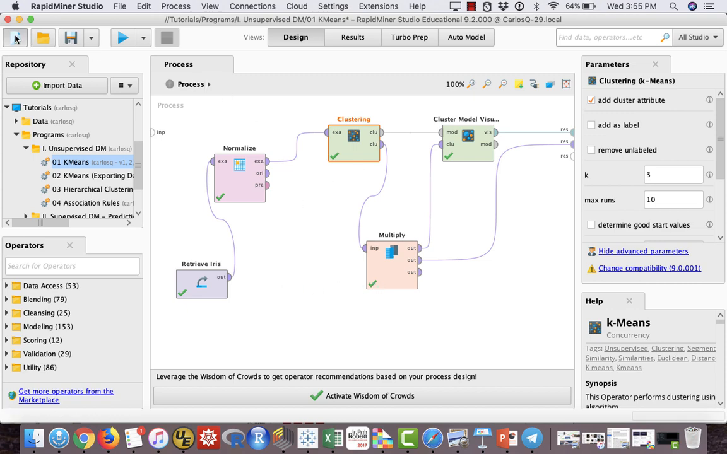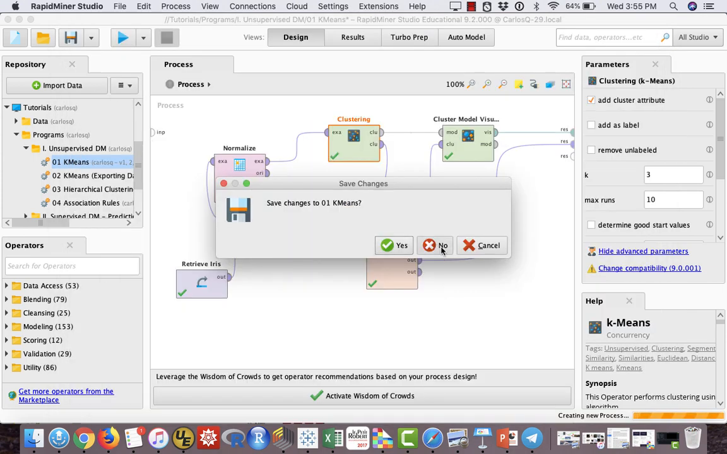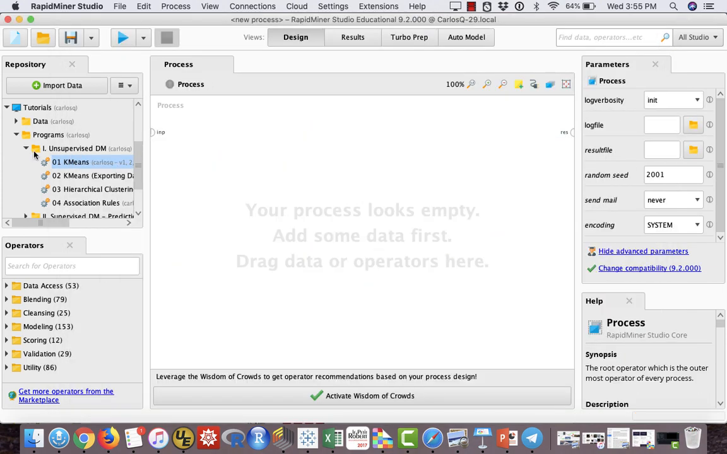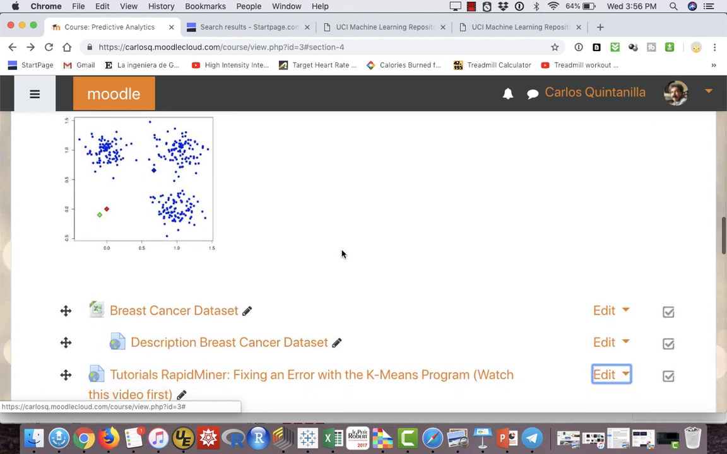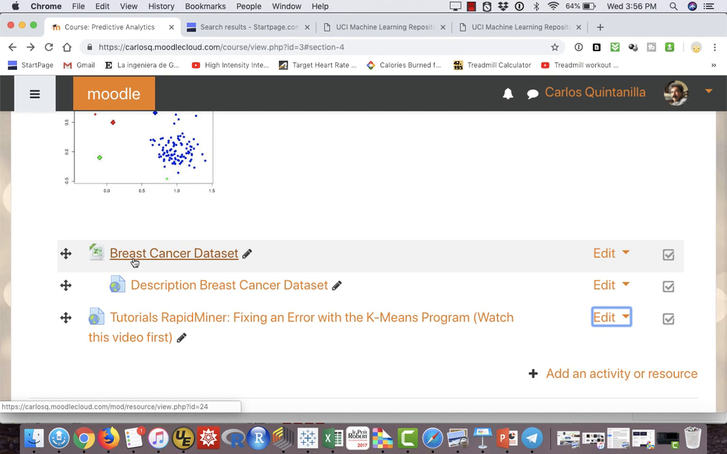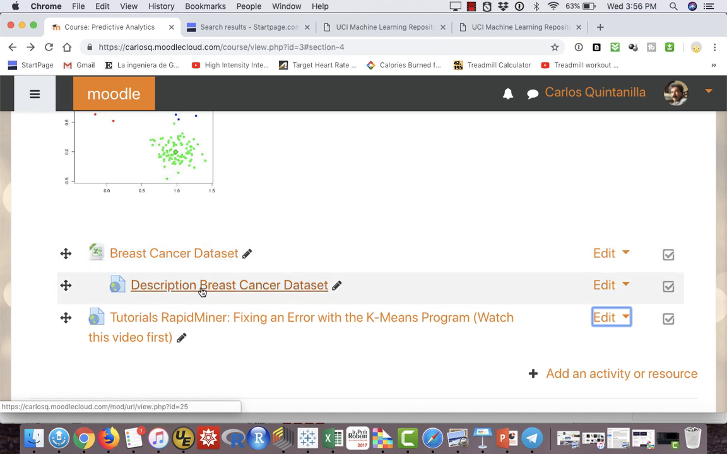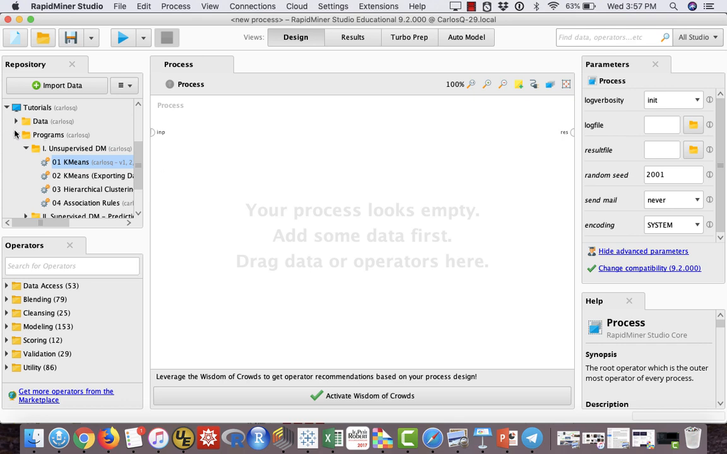Okay, so let me erase everything, and let me read the data set that is available in the page of the course. It is here in the blog about clustering with K-means. So this one, breast cancer data set, is a benchmark data set in data mining. So go ahead and download it. If you're curious about the variables in this data set, click on the description of the variables. I already downloaded the data set, so I'm going to read it